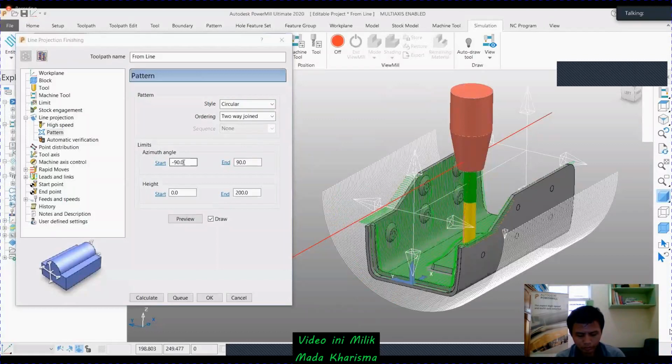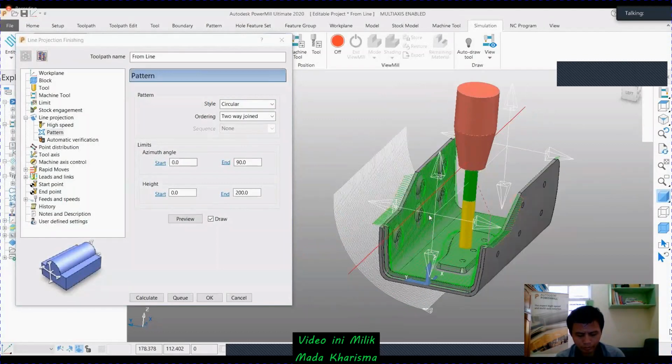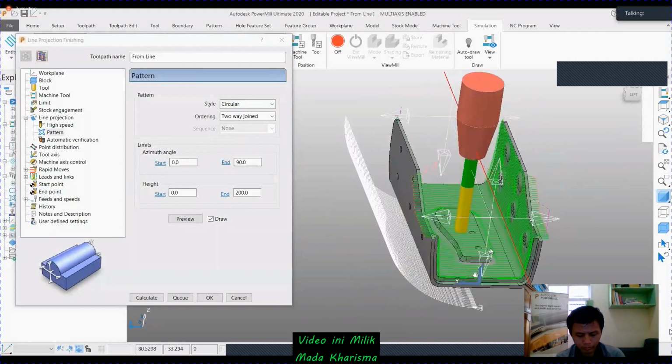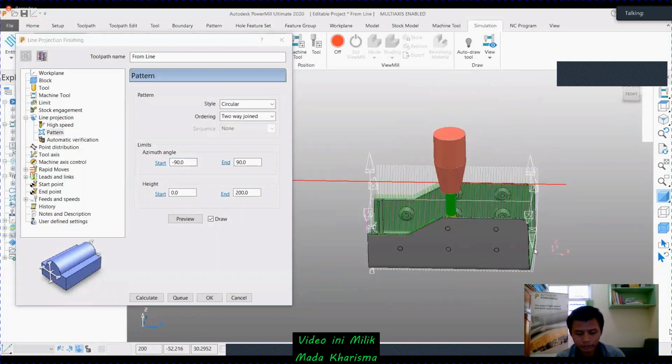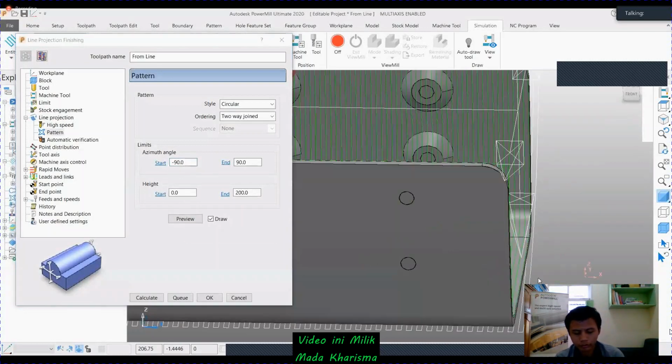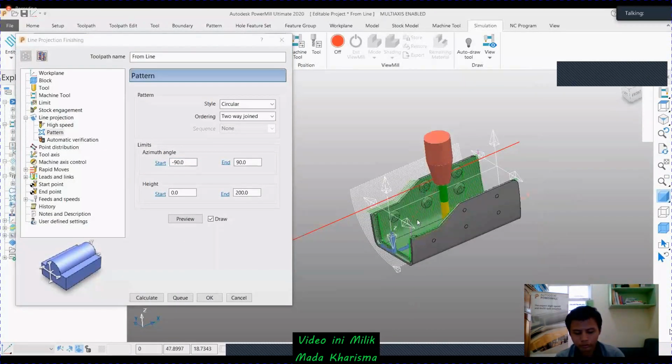So I've given here minus 90 and my start height. Where is my start position? 0. For this particular path, my 0 is here. So I'm starting from 0 and my part length is 200 mm, so I had given here 200. I want to complete the whole profile lengthwise.